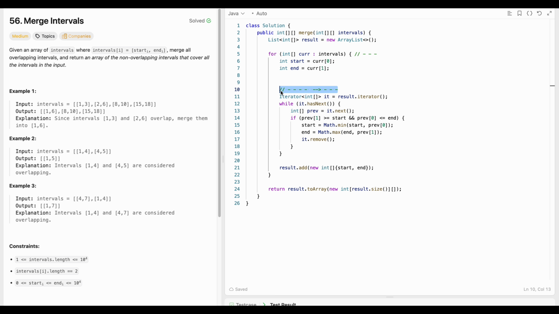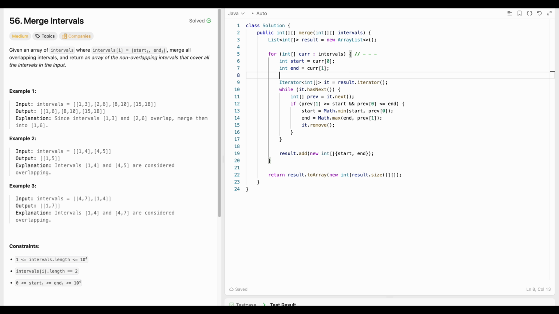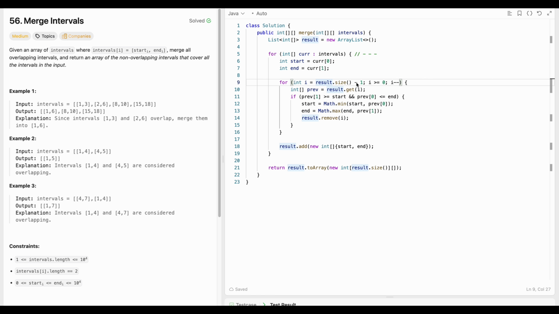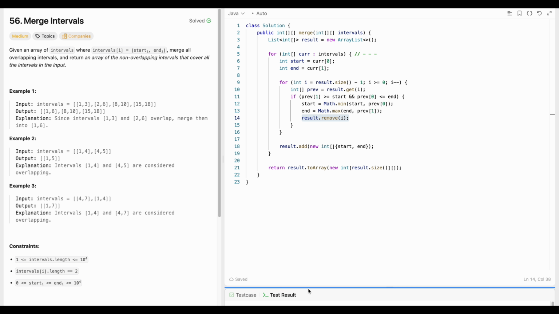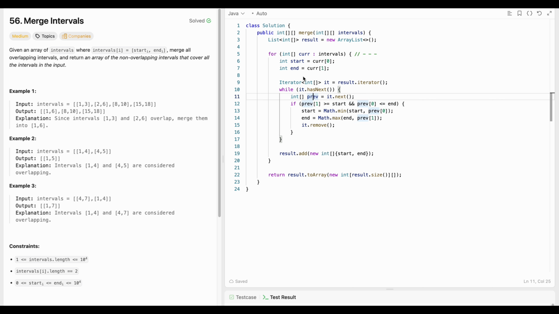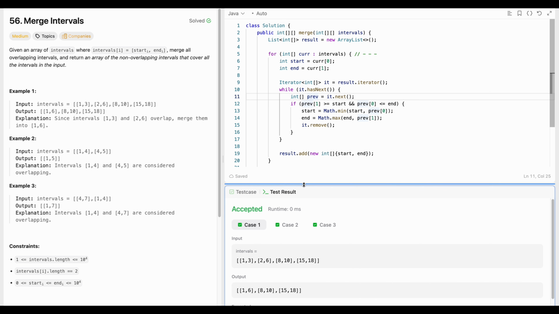So instead of iterating forwards, we should iterate backwards. If we iterate backwards, our code will look something like this. So we start from the end of the list, and now if we remove an element at index i, then elements will shift to the left, but it's not going to break the ordering. That is, the interval which is at index i is going to remain at that index, and then it is going to work. So let's try to run this one. So this one works, which is great. And also let's try to run the previous code as well. So if I do Control Z and I come here and hit run, that one works as well,